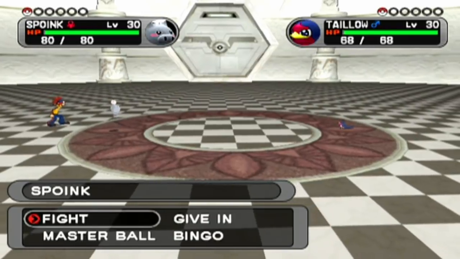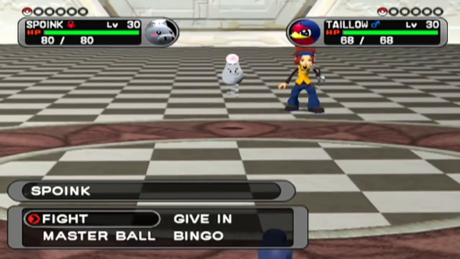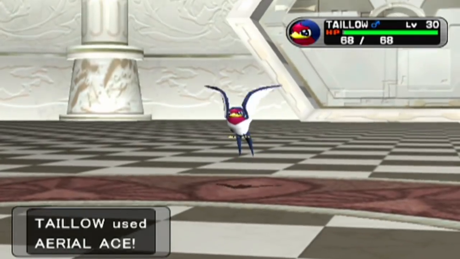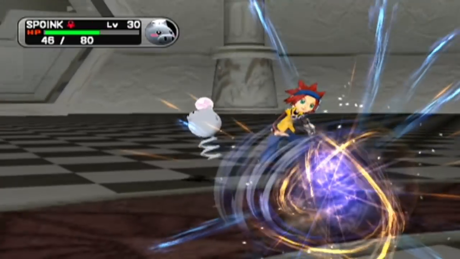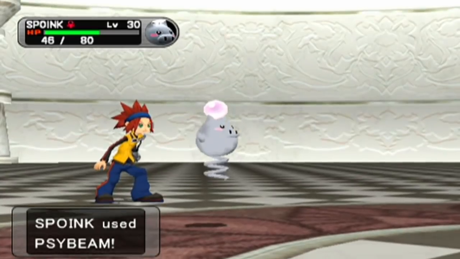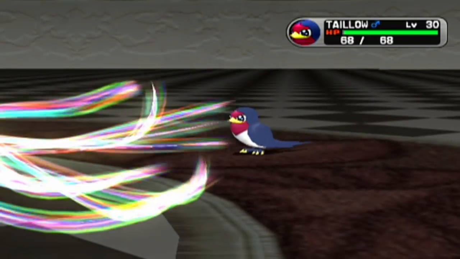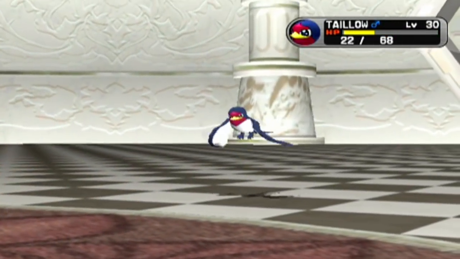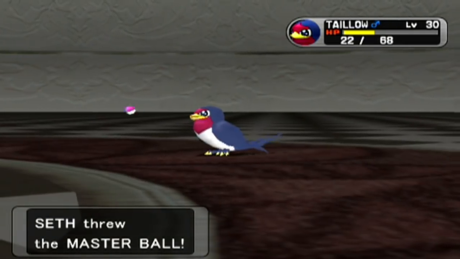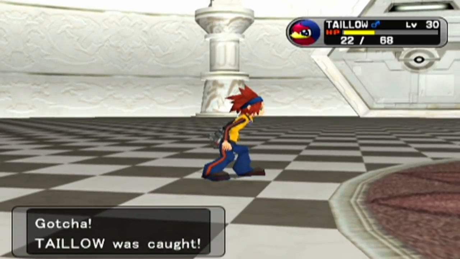But there's also EP to think about, so how do I want to go about this? Because I will need some way to take on the rock types too. How about I just go for a Side Beam and see how this goes? Okay, you are faster, and if you two-shot me, I am essentially forced to use a... You don't two-shot me, you could get a crit though. Actually, I'm going to Master Ball it. I'm glad you have Aerial Ace, because otherwise, if you had some kind of stupid move that doesn't help me...